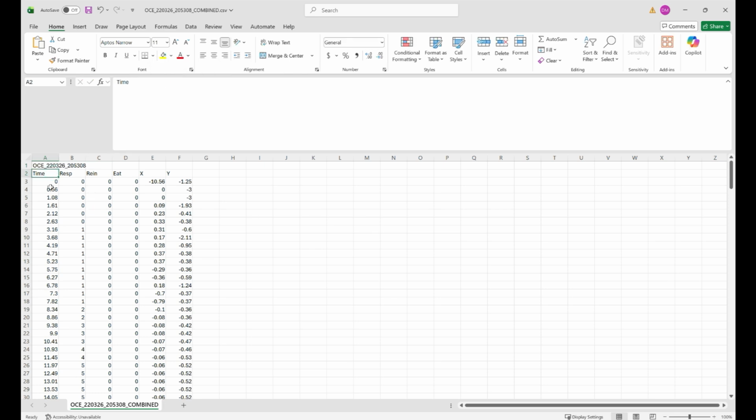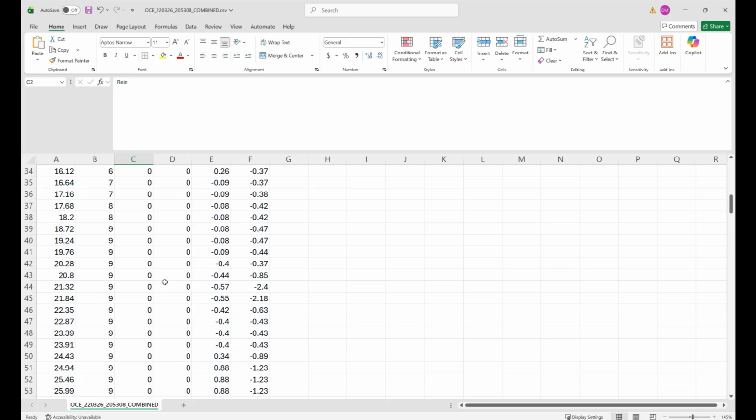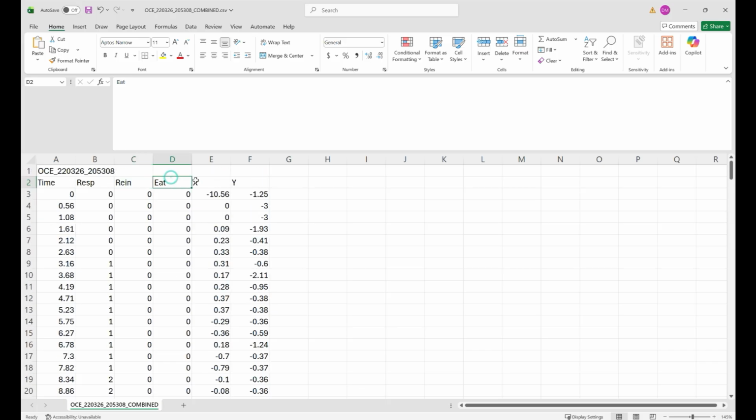Now let's take a look at what this data contains. The CSV file begins with the session ID in the first row. After that, it includes 5 columns that record the behavior over time. These columns represent elapsed time, cumulative responses, cumulative reinforcers delivered, cumulative reinforcers consumed, and the participant's position relative to the